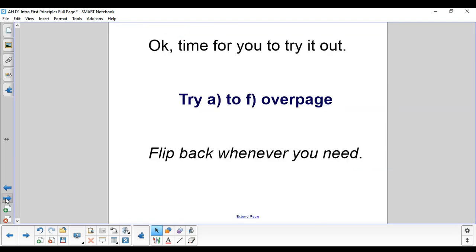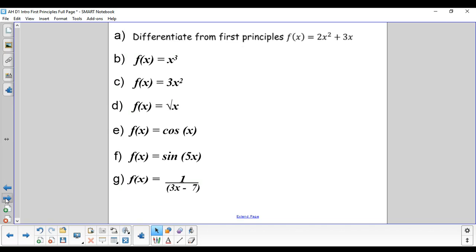Okay, so it's time for you to try it out. So you try A to F over page and flip back whenever you need. So this is what you've got. You'll find that